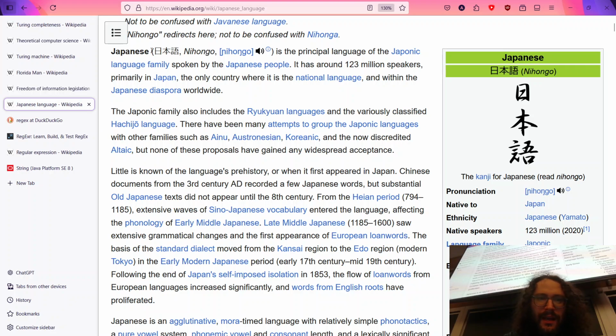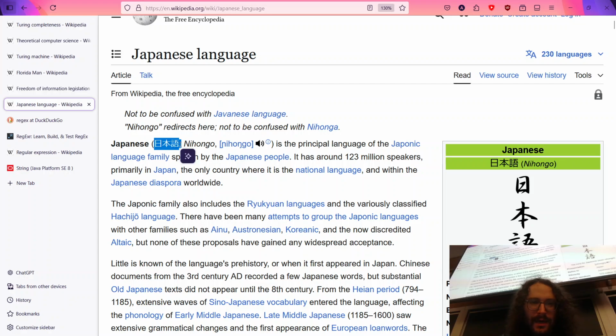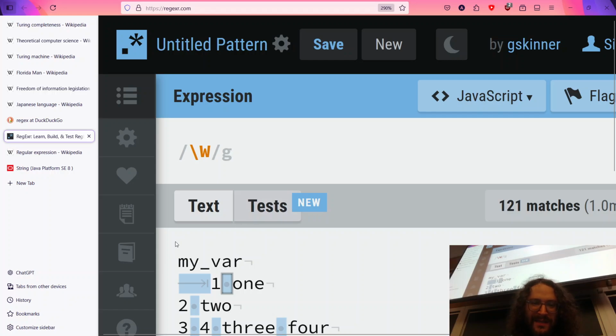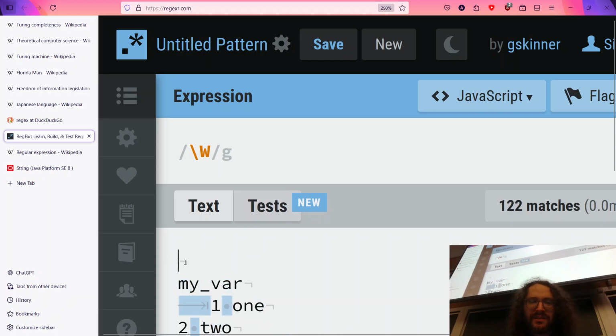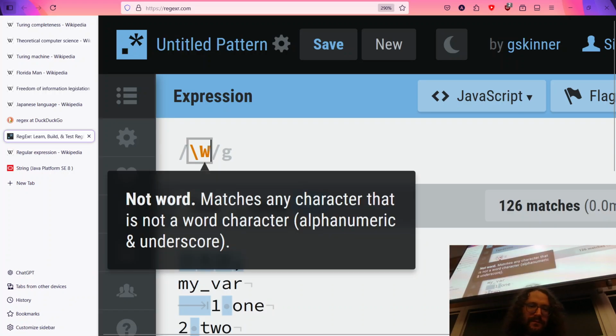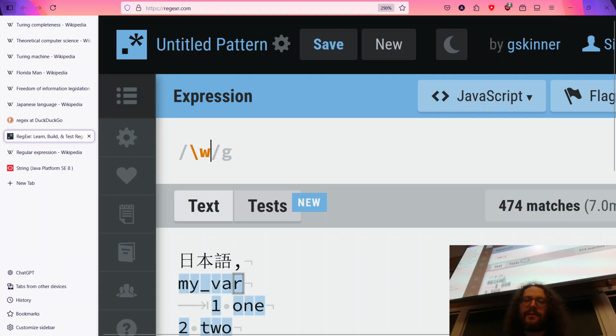We are going to grab Nihongo from this and simply copy and paste that into my test, because I'm curious as to what it says. So here, it's grabbing the punctuation and it's grabbing Nihongo because those are not alphabetic characters. It's looking for letters. Whereas over here, it doesn't grab the punctuation and stuff. \D grabs everything that's not a digit.